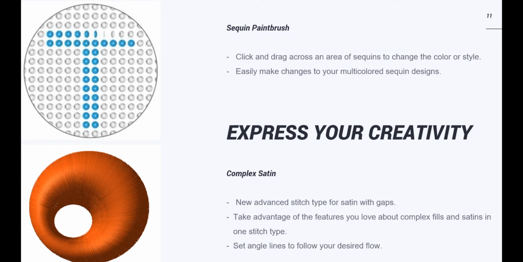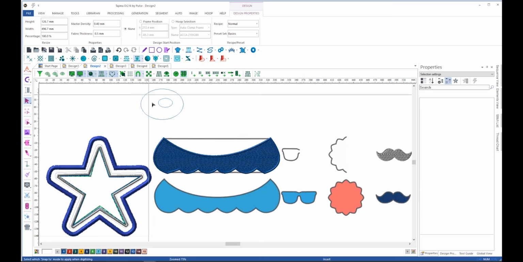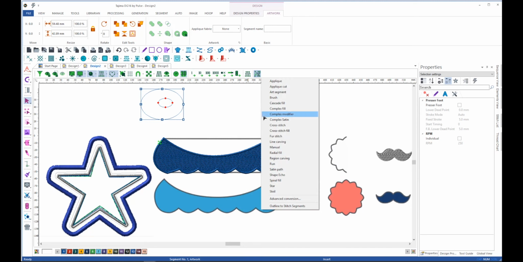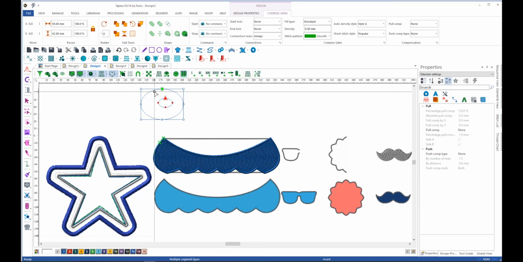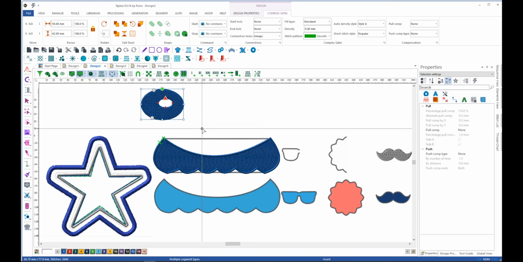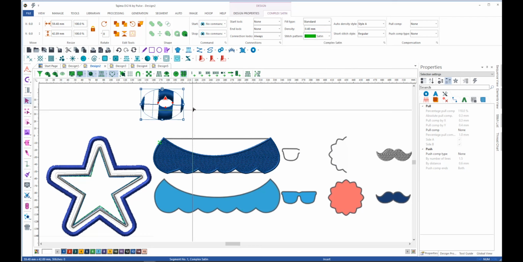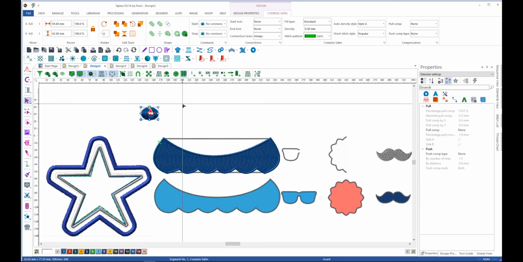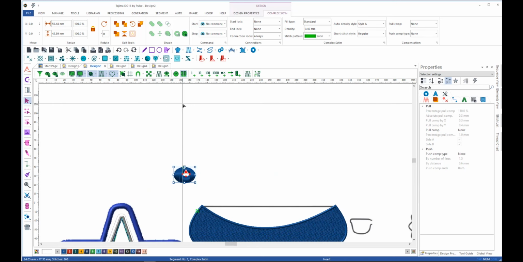So let's go ahead and just show a basic example of this. So here's that shape you were talking about. We're going to go ahead and pick our complex satin. And again, we can put one angle line and generate. And it went around the hole and it kept everything going. So right now it did it as a fill stitch, but you could always come up and just change that to a satin. And that satin is too wide, which is why the shape disappeared. But when you get it small enough so that the stitch types aren't too long,